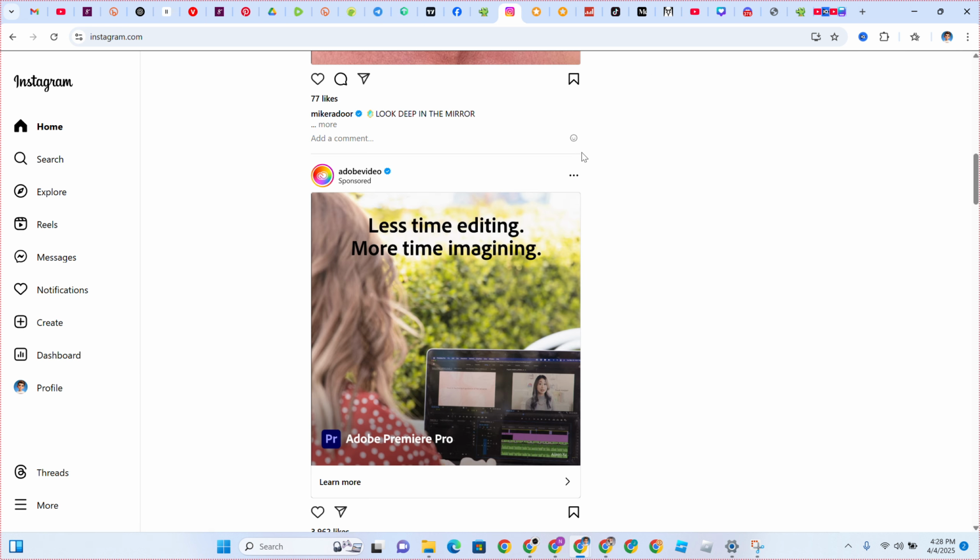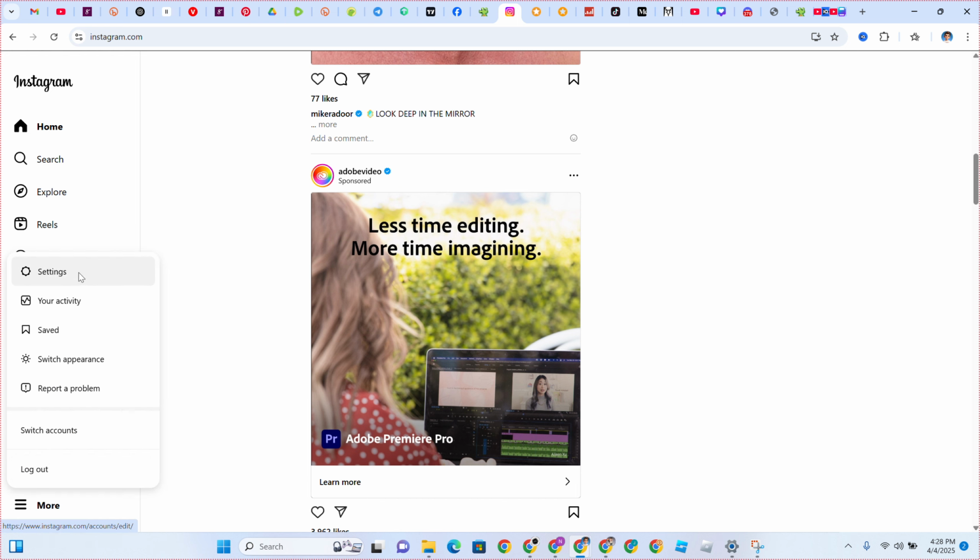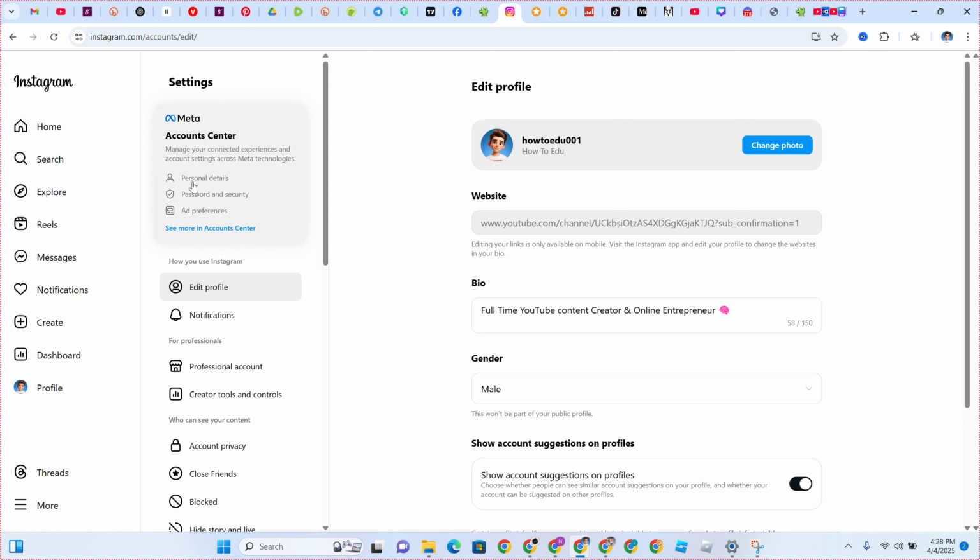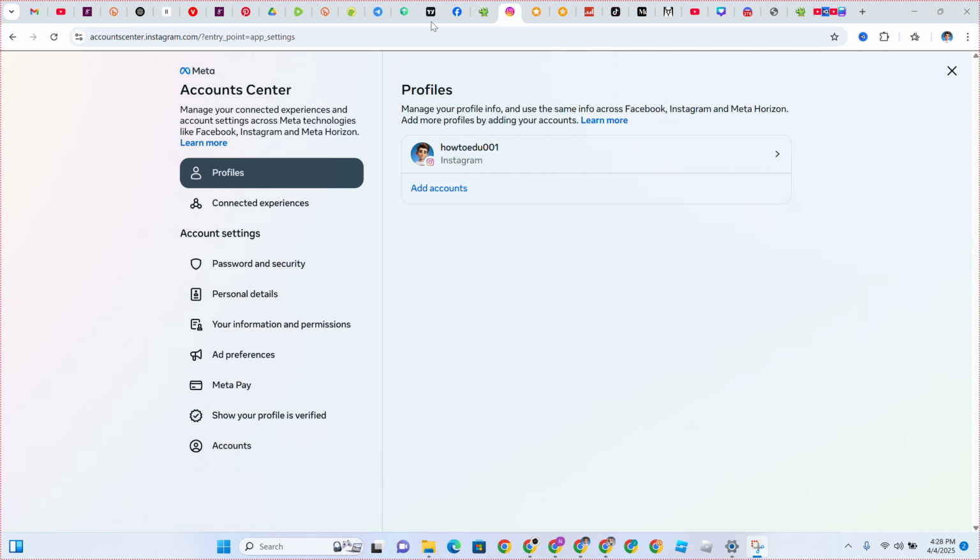Head over to your Instagram. Click on this small icon. Click on the settings. Click on the personal details. Wait for it to load up. Once it has opened up,